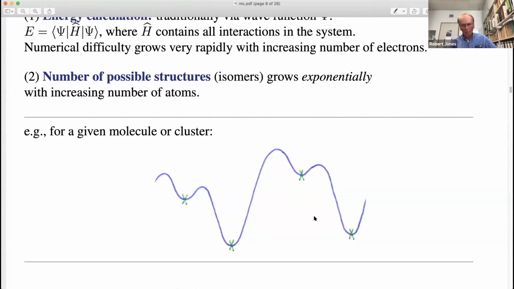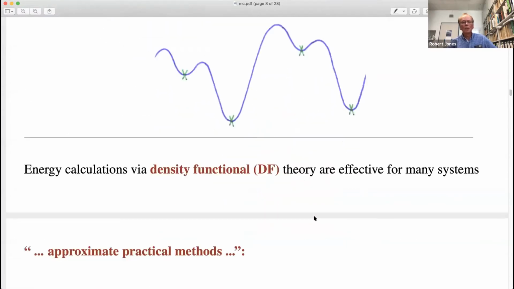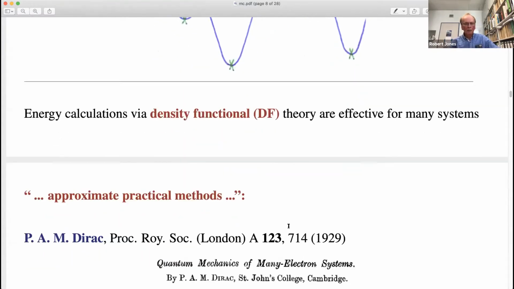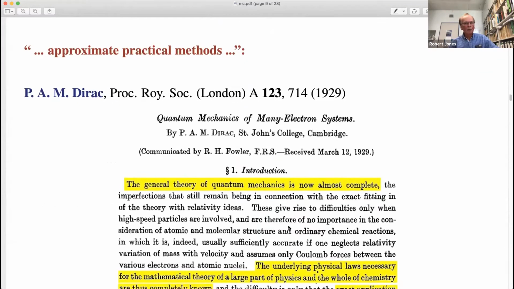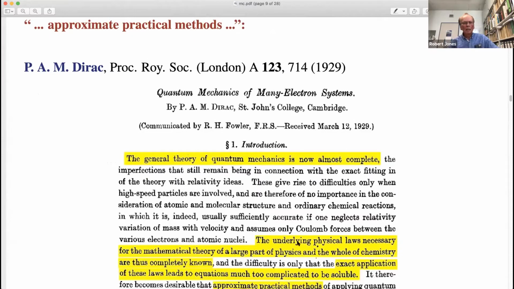This is an incredibly difficult problem, and it is, in fact, I think, even more difficult to solve than calculating the total energy. The energy calculations I'll talk about use the density functional theory. They are very useful for many systems and are the basis of our energy calculations throughout. I should point out that this is an approximate method, and I view it in the sense of the argument